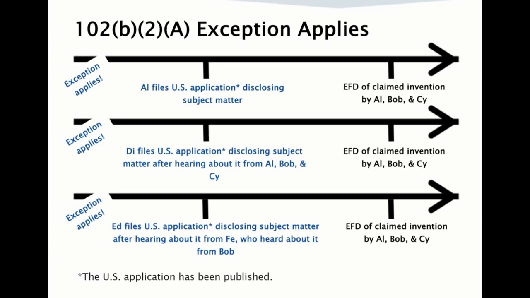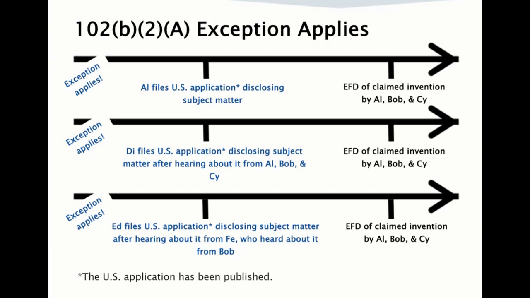If the exception applies, the disclosure is not prior art. In all three timelines, U.S. applications were filed before the effective filing date of Al, Bob, and Cy's claimed invention. In the first illustration, Al is a joint inventor of the application under examination, so the exception under 102(b)(2)(b) applies, and Al's earlier application is not prior art as of its filing date to the invention claimed by Al, Bob,